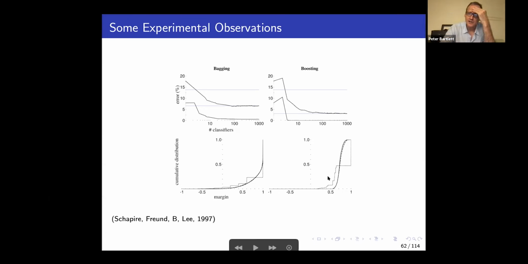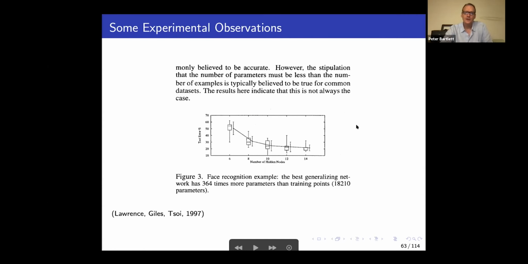But we're actually working with the real valued functions and performing some sort of optimization over those. And so we are playing with the margins here. We're not just looking at the empirical risk, in which case, if we were, all of these functions would be indistinguishable. Okay, so this was the neural net example from about the same time